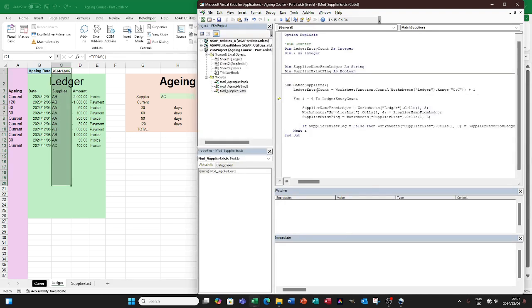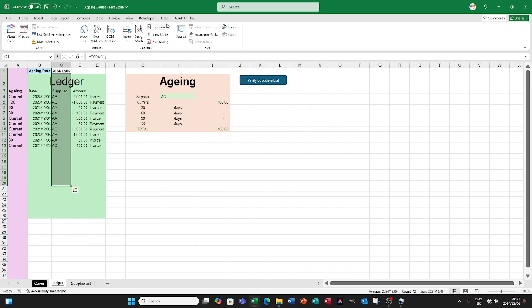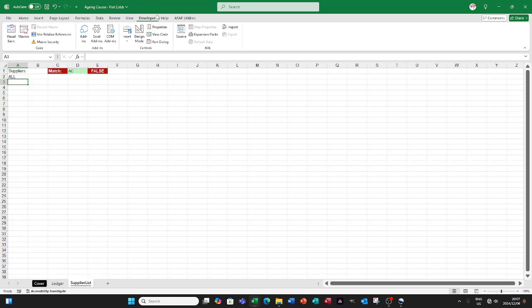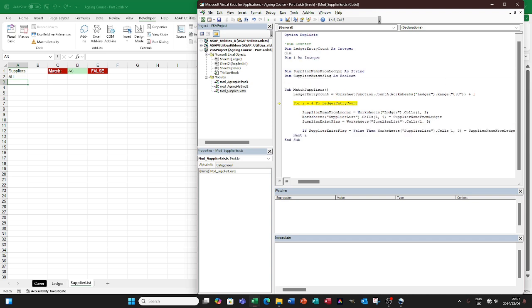So now we have a way of managing that, but we still don't have a way of putting it in the right cell on the supplier list. To do that, we're going to do a counter for the supplier list so we can determine what the next number is. And we're going to do that here. So I'm going to Dim supplierListCount As Integer,